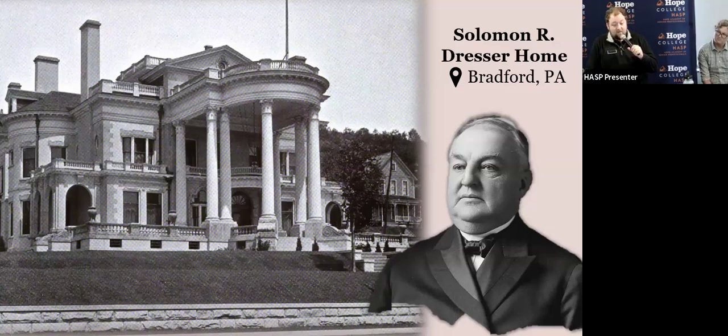He loved that building, so he commissioned Camper to design a home for him in Pennsylvania. This is the home that is the result of that. And he was so proud of that home that he put a book together documenting the entire interior. He listed all of the contractors who worked on that home, and that helped us break this case loose because